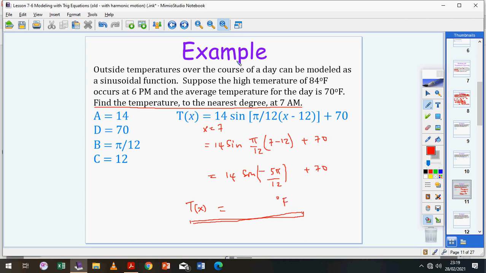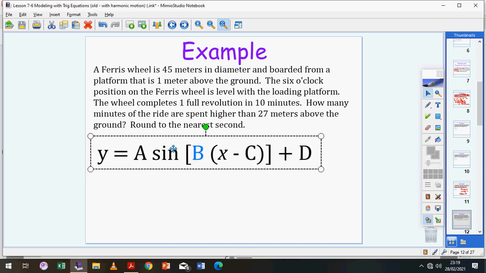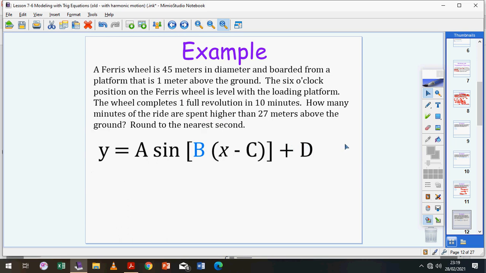Let's look at another example. A Ferris wheel is 45 meters in diameter and boarded from a platform that is 1 meter above the ground. So let me paste this thing again, because this is what we're going to be trying to figure out. Remember, this could be a cosine or sine, right? This could be a positive or negative, depending on the circumstances in the question. In this previous question, this was positive